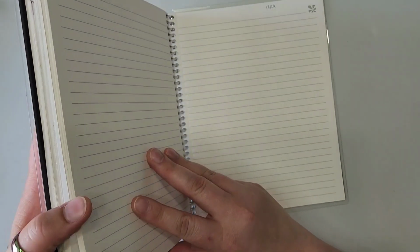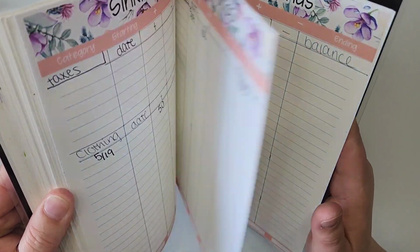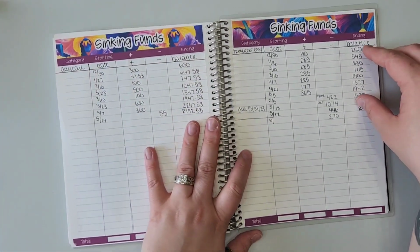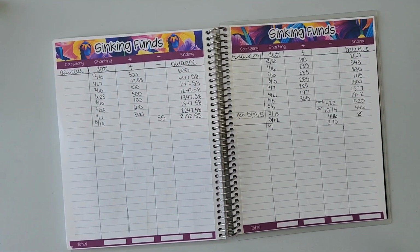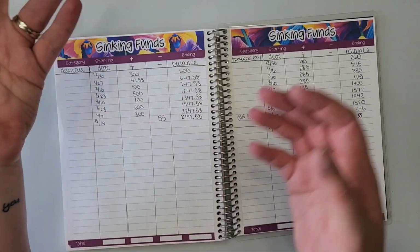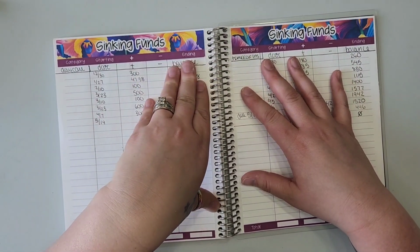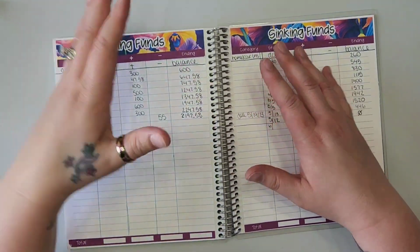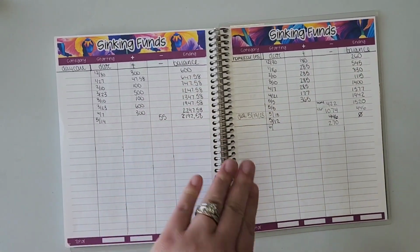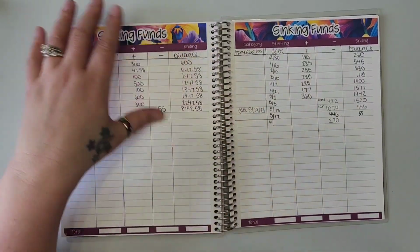But what I have, I'll just flip back, and this isn't how I originally started doing it. This is not how I started the process, but this is how I'm doing it this year, and this is probably more simple than what I was doing before, depending on what you think simple versus complex looks like. I bet I have a template on my computer that I can print off. I keep getting a little off track here, but so what I have currently is, this is just in the